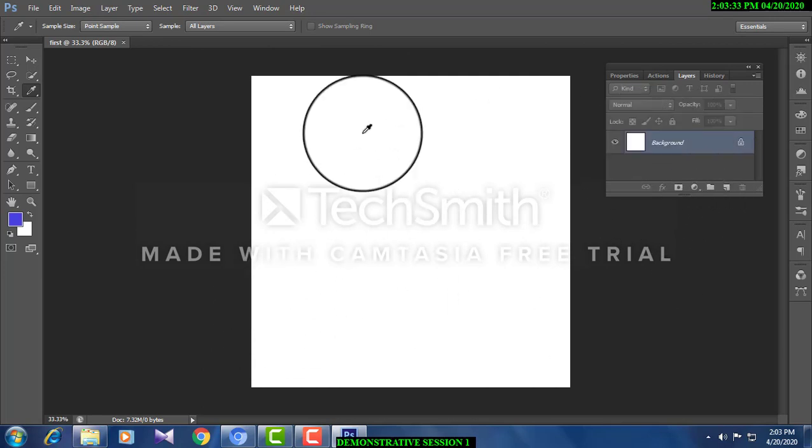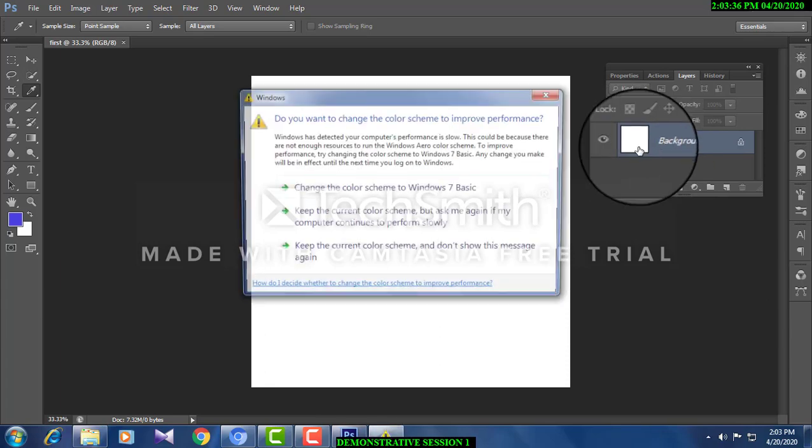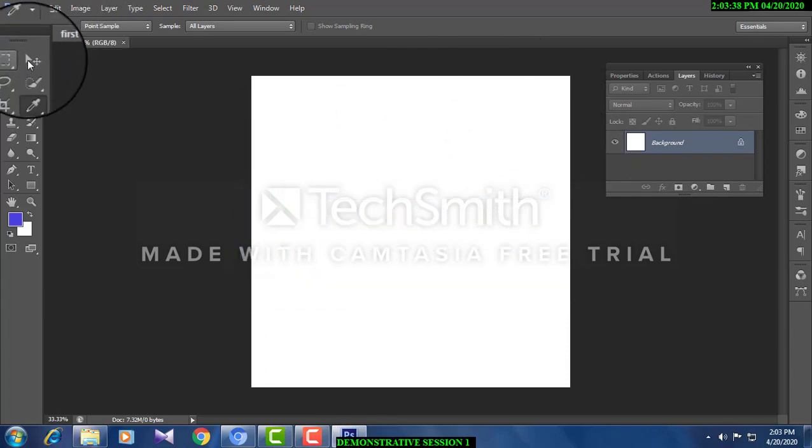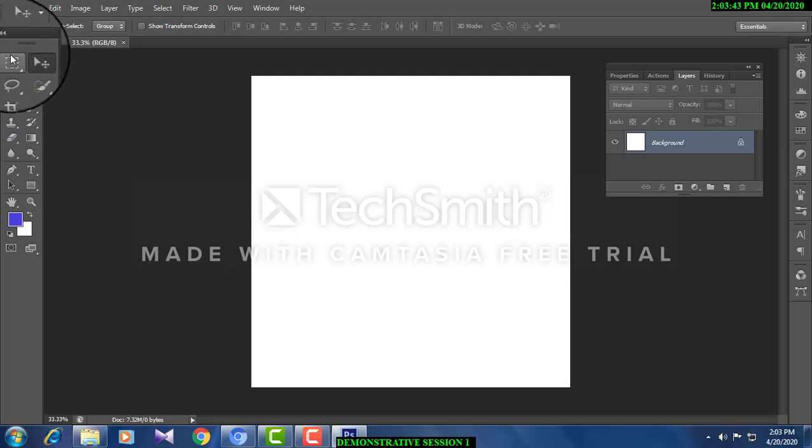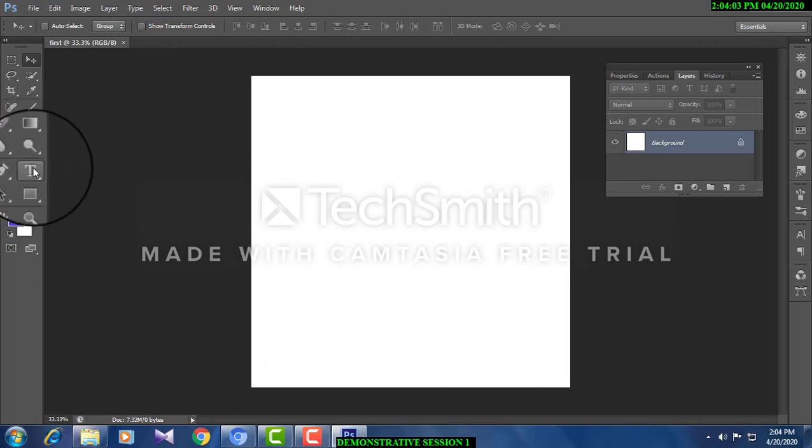See, now at the beginning, only the background is there. I don't have anything here. Now we shall work with the tools. This tool is called the Move tool. And once again, I shall make it clear. These are the tools called selection tools. These four. And these two are crop tools. And section by section it differs. This section works with retouching and all these. And these tools are for working with shapes, drawing and things like that.